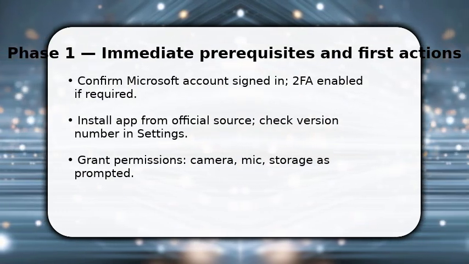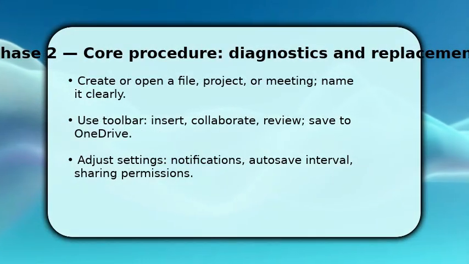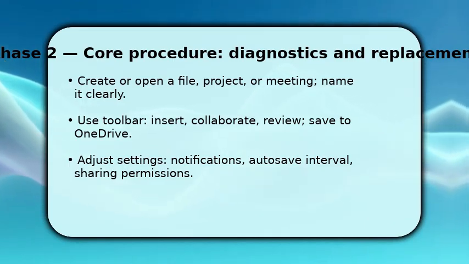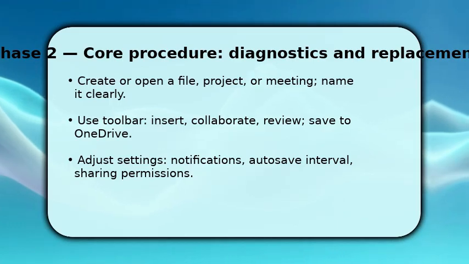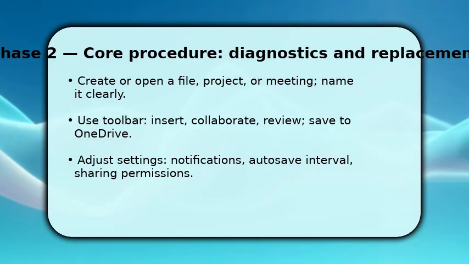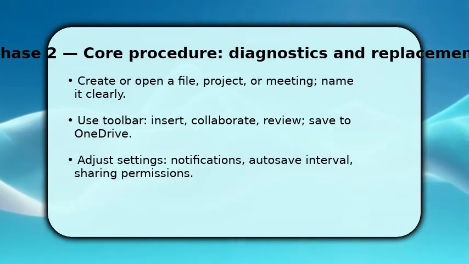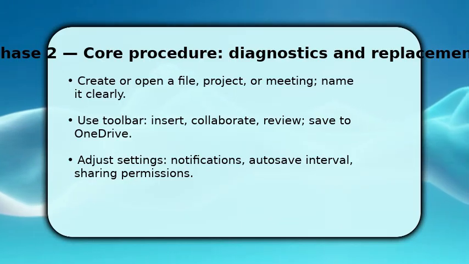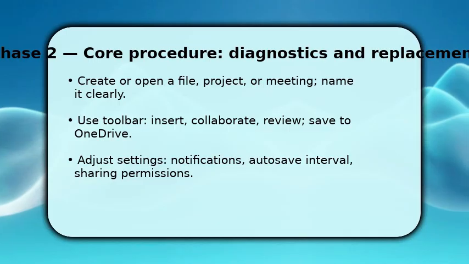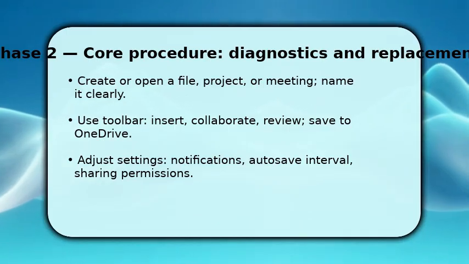You now dive into the core workflow by creating or opening the item you need. Name it clearly so collaborators find it fast. Next, use the toolbar, insert content, enable collaboration, and run review tools, because each controls a major function. Make sure to save to OneDrive to enable real-time sync. Autosave prevents data loss. Also adjust notifications and sharing permissions so you control access and avoid surprises during collaboration, which